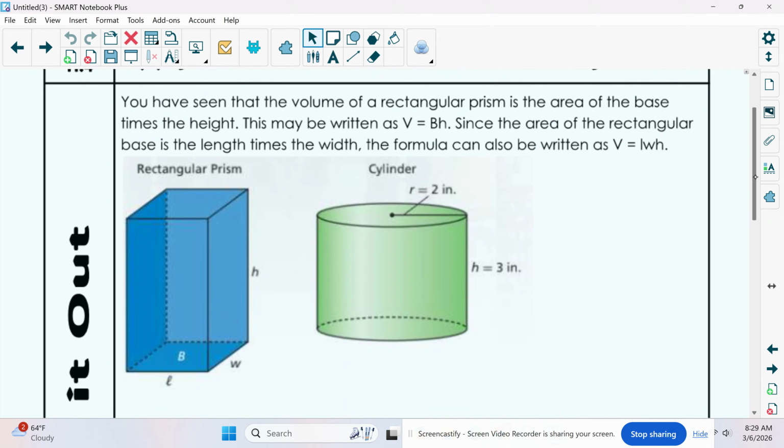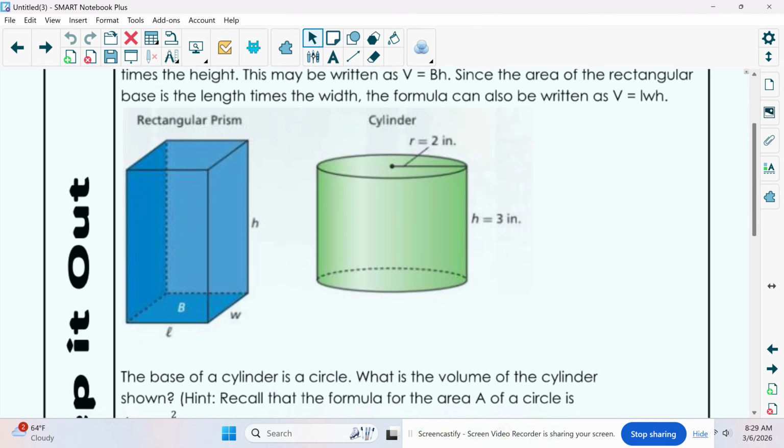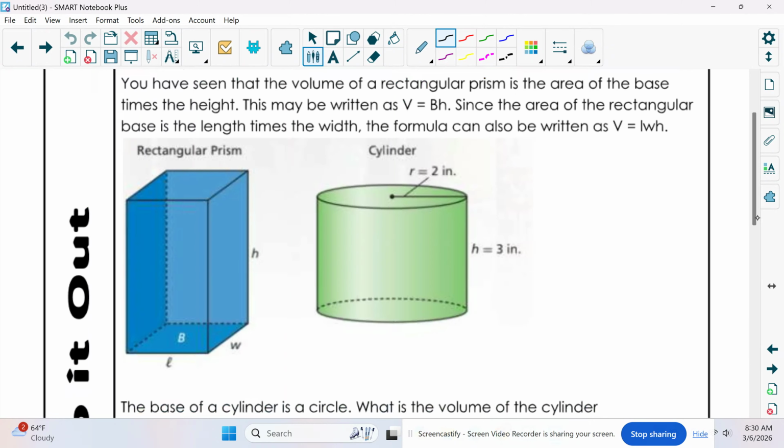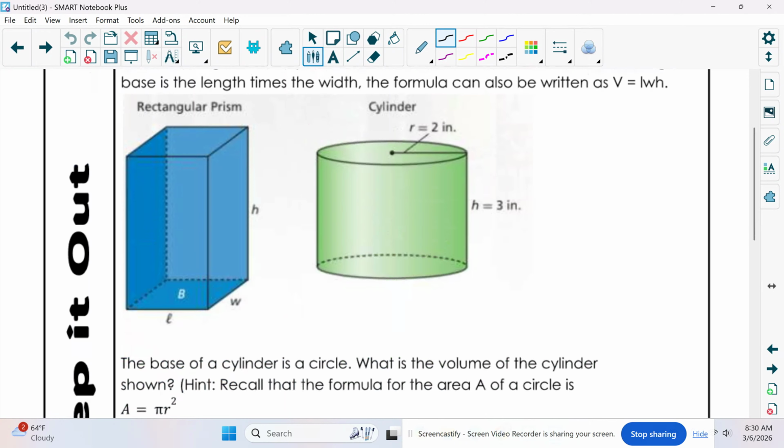So if we look at this example, it says you've seen that volume of a rectangular prism is the area of the base times the height. It may be written as V equals BH, which is what we've been doing. Since the area of the rectangular base is the length times the width, the formula also is written as volume equals length times width times height. But if we have a cylinder, we have to use